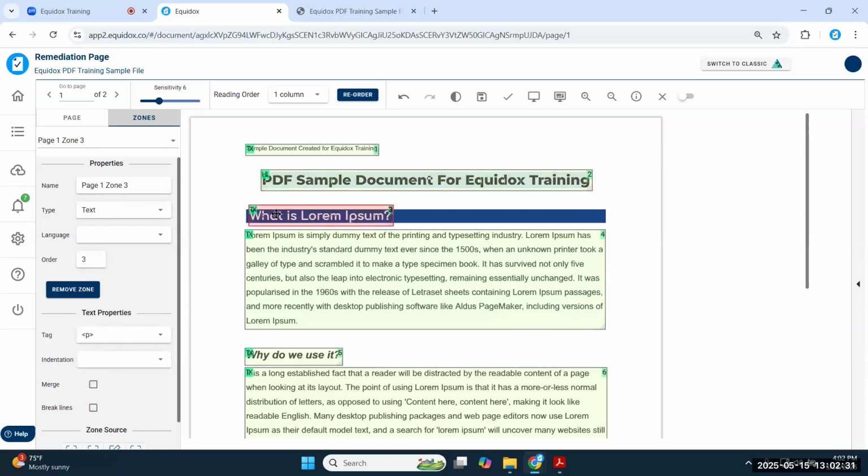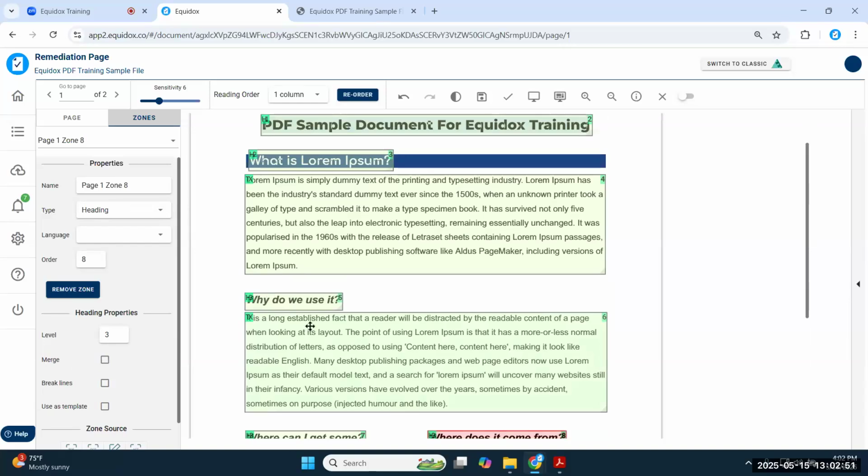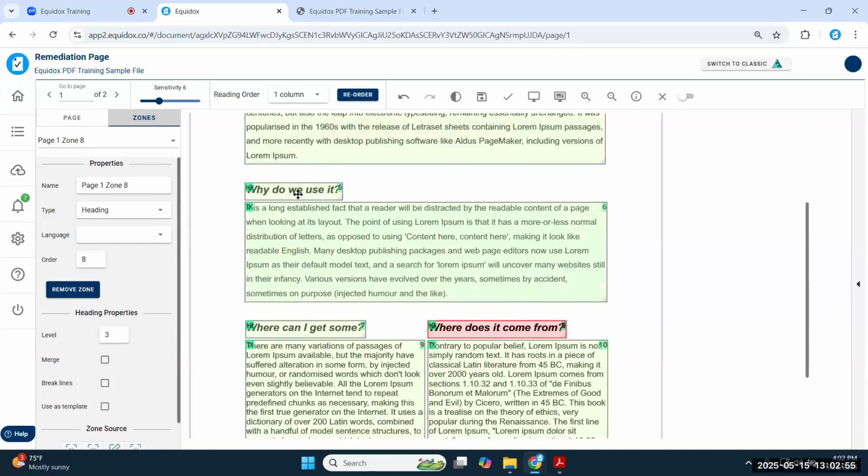This will be a heading level 2 because it's a subheading of this H1. So it's defining another section of this document. I will tap 2 on my keyboard and it will change itself to a heading level 2. I'll call these heading level 3s because they're subheadings of that H2. So they're 3 separate sections here giving more information about this H2. They're nested inside of this H2. Therefore, I will set them all as H3s.